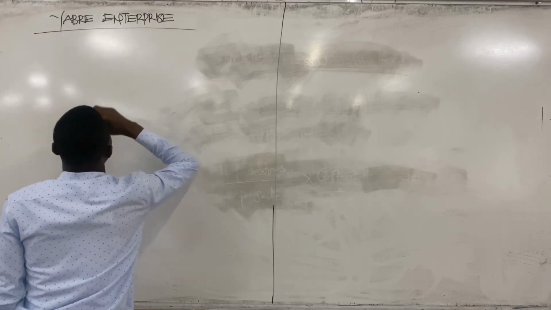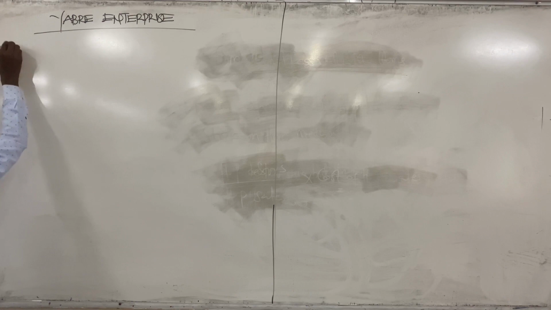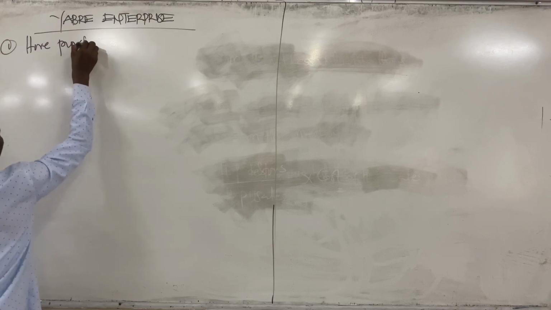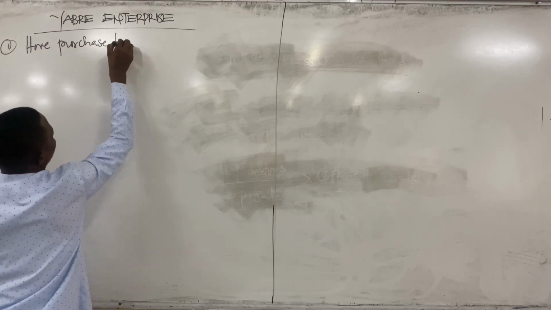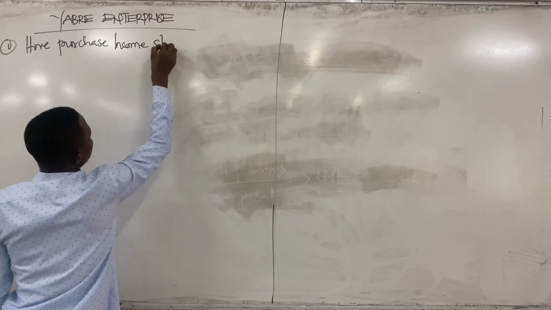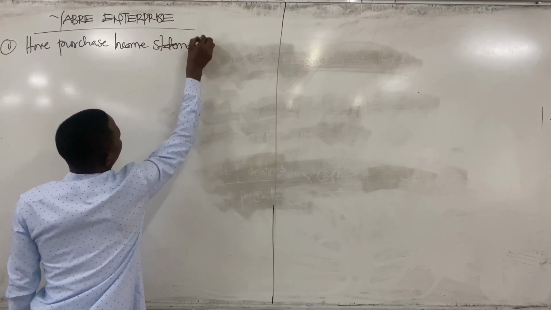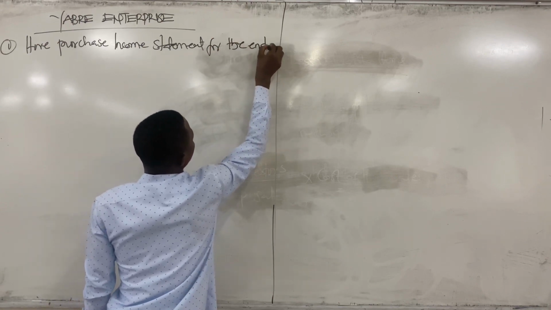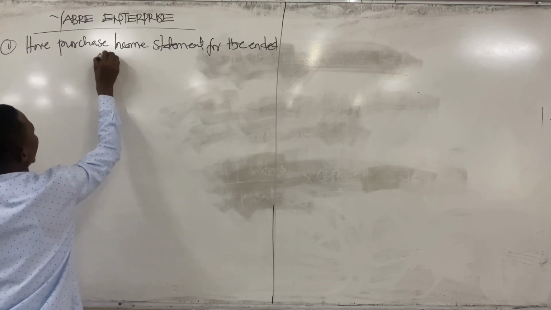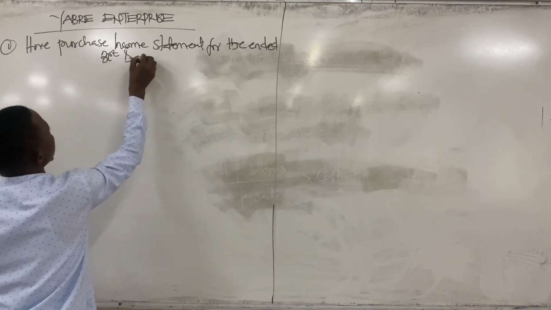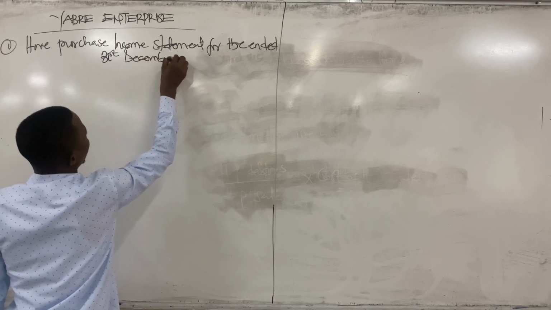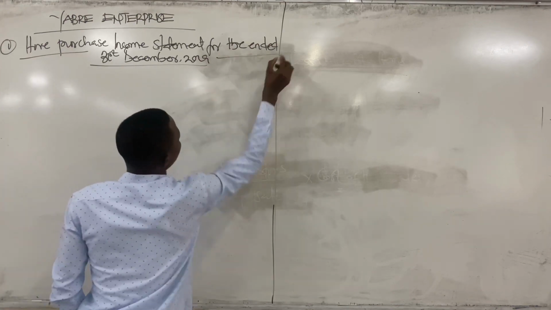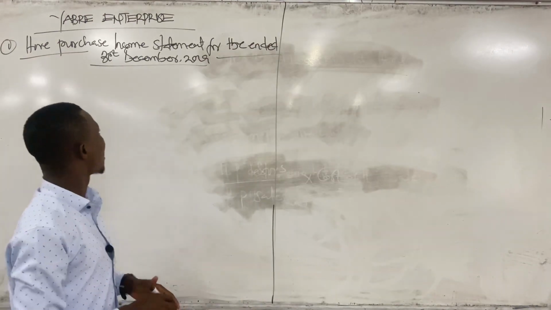Okay, so our first requirement is hire purchase income statement for the year ended 31st December 2019. All right. So to begin with the income statement,